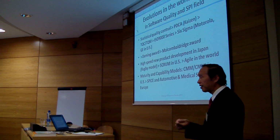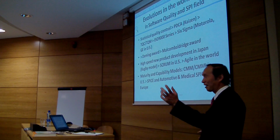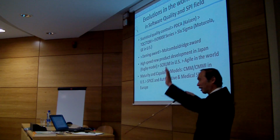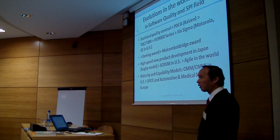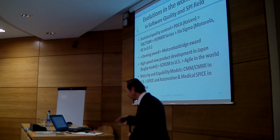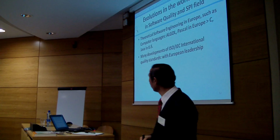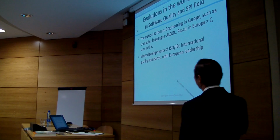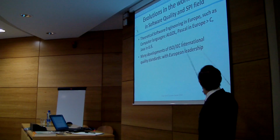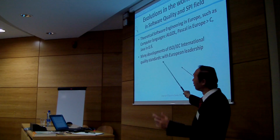Developed in the United States, and when it comes to Europe, SPICE, and also expanding automotive or medical SPICE in Europe. And another picture is theoretical software engineering. Europe is very, very strong in this area, such as computer languages, Algol or